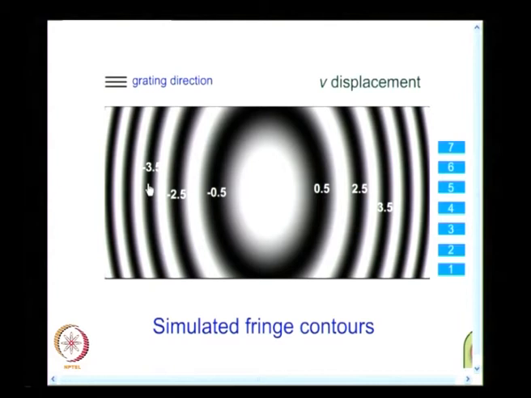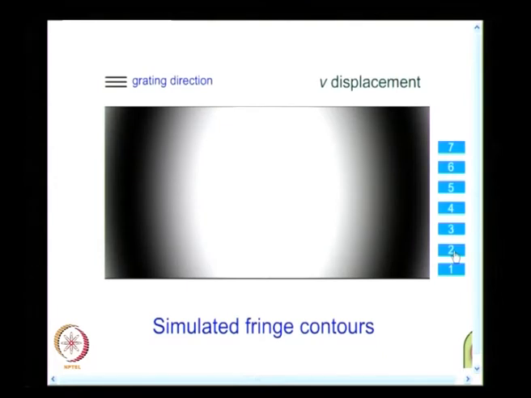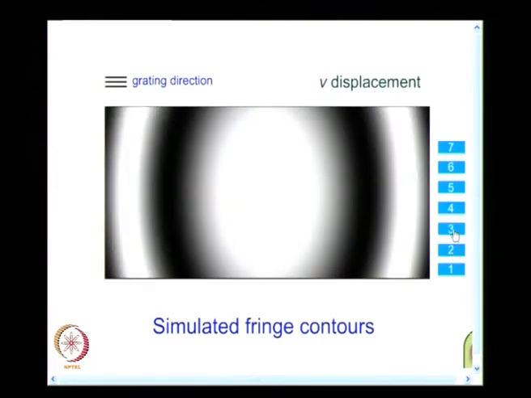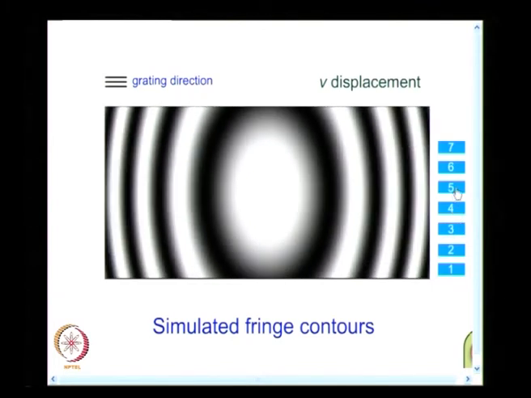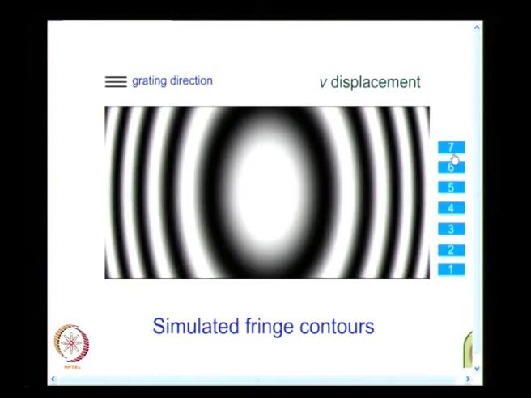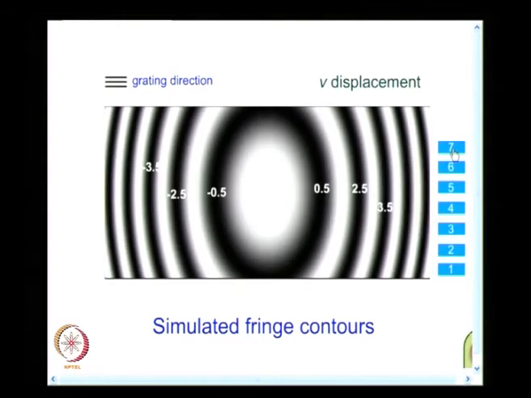And here again we can see, as a function of load increase, how the contours appear, and this is very important, and this will give you a sort of understanding. It also gives you a feeling of doing the experiment right in the class. When I increase the load, I see fringes are formed, and here again in the labeling, I have positive and negative quantities. If you have noticed very carefully, in photoelasticity we have not labeled negative fringe orders, we have labeled all of them as positive, and this is an important point that you have to note.